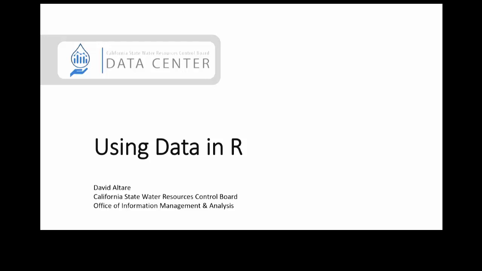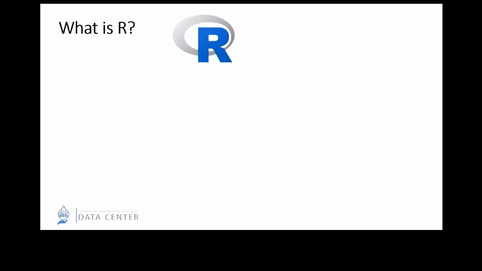So I'm going to talk a little bit about what is R, as Eric mentioned, and then why you might want to use it, and then a really quick example of how you might use it. So what is R? First and foremost, it's a programming language, for better or worse, and for all that entails. Importantly, it is free and open source, so if you have a computer and a way to download something from the internet, you can use it, and you always will be able to because it's open source.